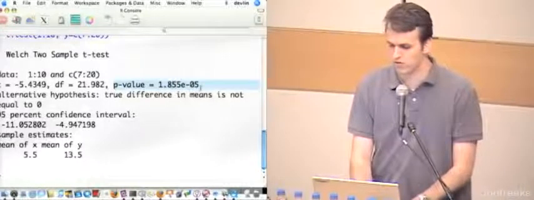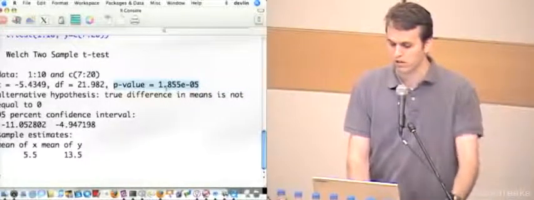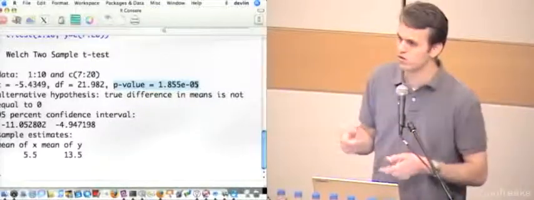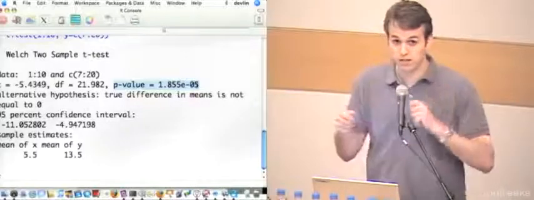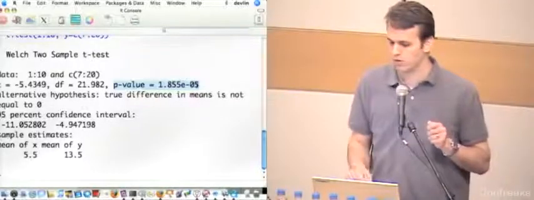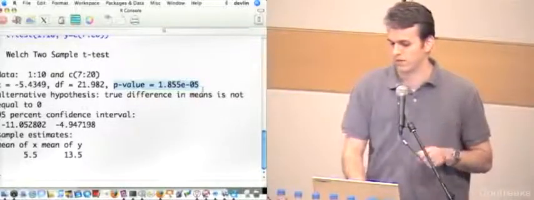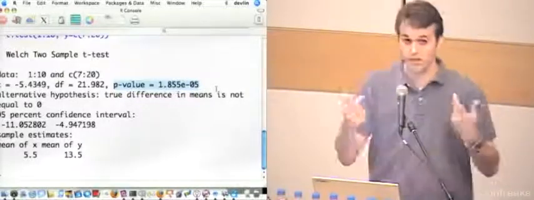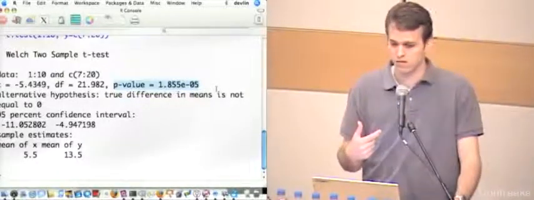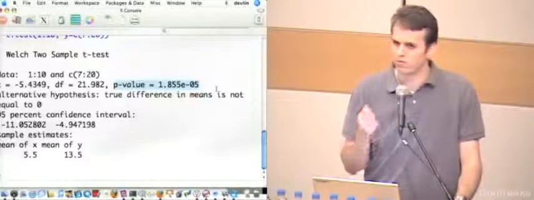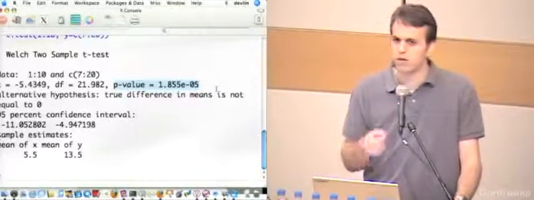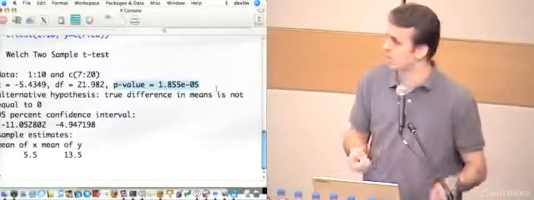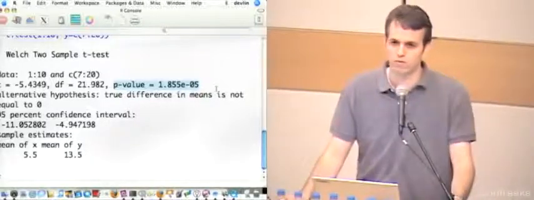We see this is an extremely small number. That means that if we assume that these two samples came from the same distribution, and then we randomly pick two samples from it, we would have a chance in a couple million of ending up with something that bad. So in that case, we say, well, that's not very probable. We would reject the null hypothesis, which means that they're from the same population. We say, yeah, these are from two different populations.